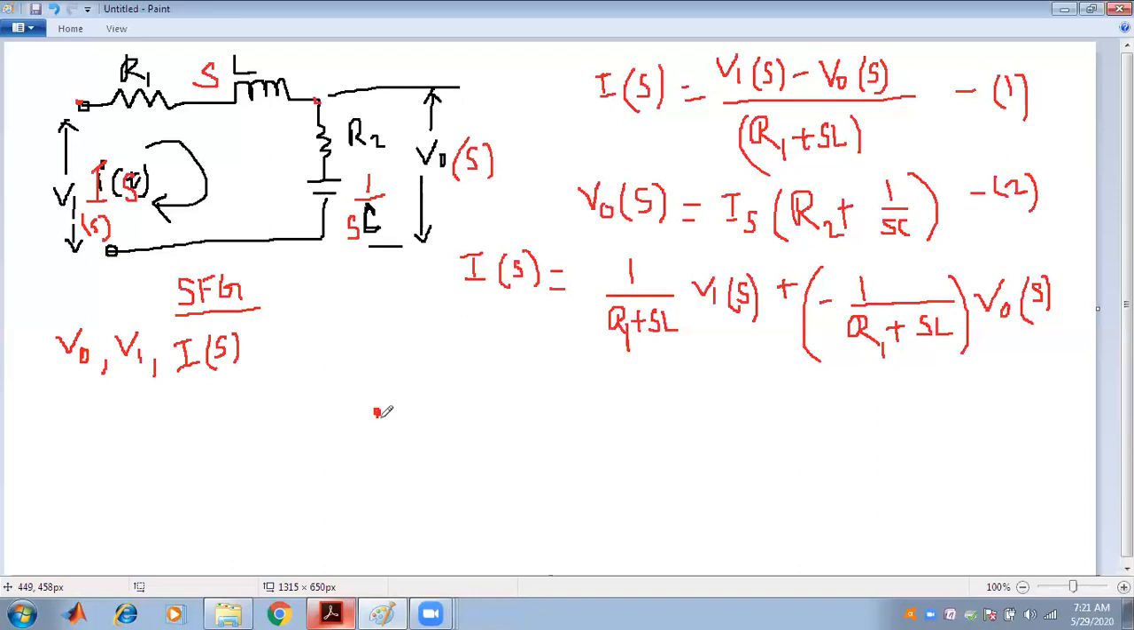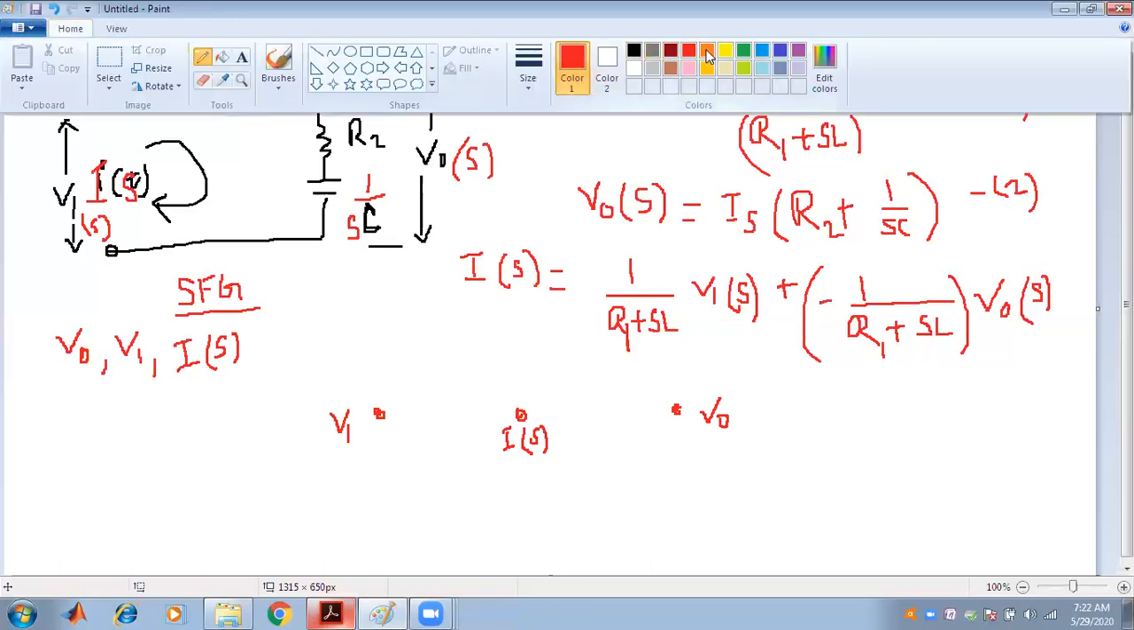draw the SFG. So this is called node 1, and it is written as V1. This is called node 2 that I am writing. Let's say this is our node 3. And the last one is V0, and this one is I. So I have written that. Okay, so now I am concentrating on